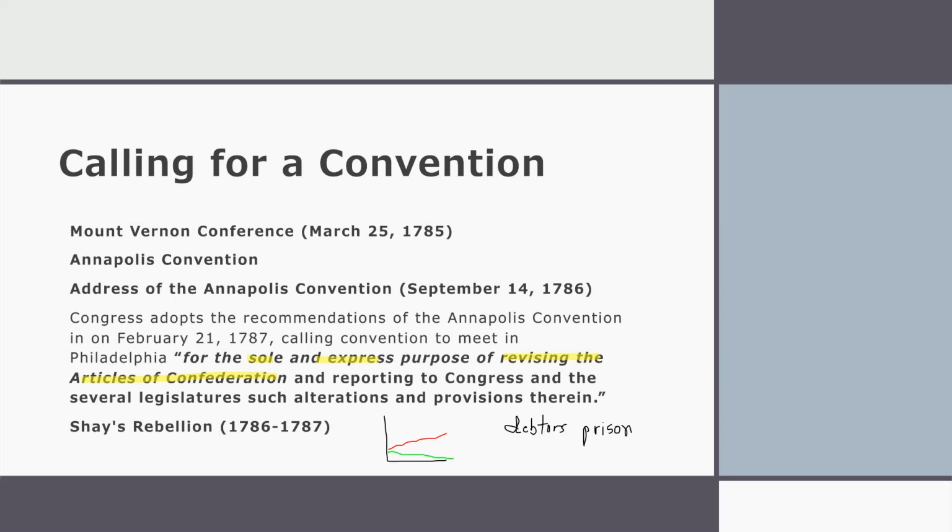Farmers in Massachusetts finally turned to the state, hoping for some sort of relief. The result was nothing. The state government refused to help. And debtors in prisons populations only continued to increase by 200 to 300% in some counties. Some of these prison inmates even included war veterans. Finally, it reached a head